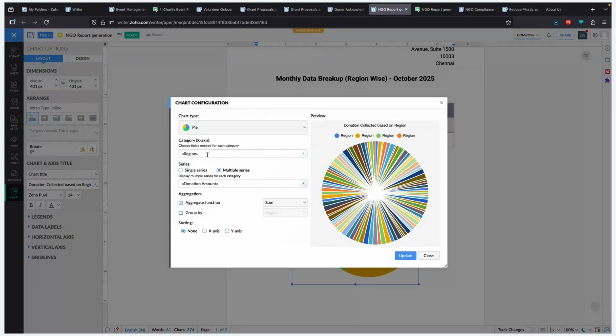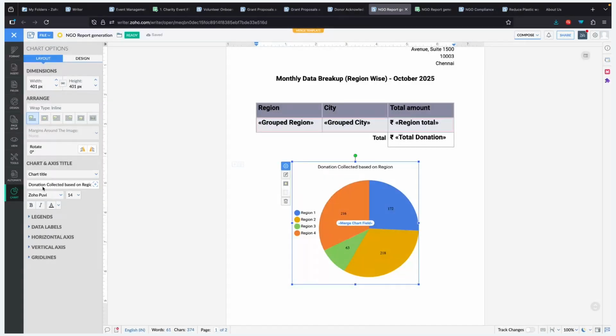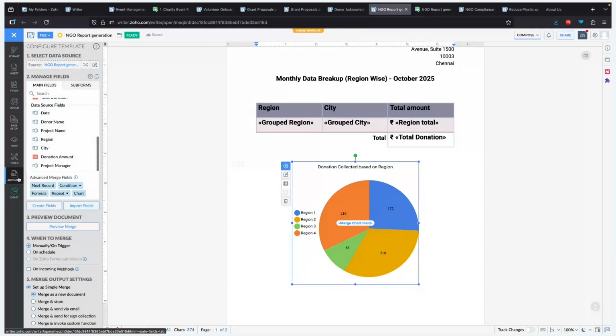in here I'm using the x-axis as the region, and for multiple series is selected, and I'm going to use the donation amount so that I'll be able to aggregate it based on the sum. Now once this setting is done, I'm updating this particular chart field, and I'm going to use various other features like adding a title, showing the legend or data labels, etc. From the left panel I can configure those information, and I just go to the automate tab and click